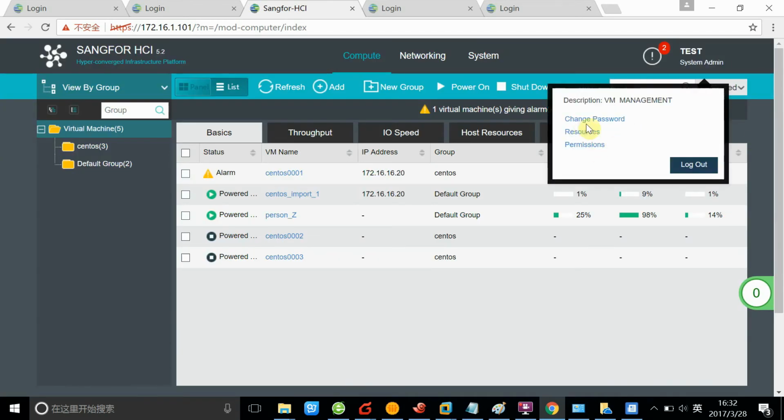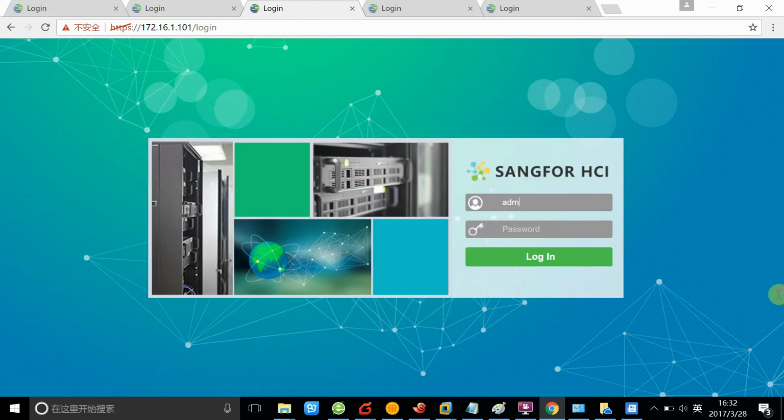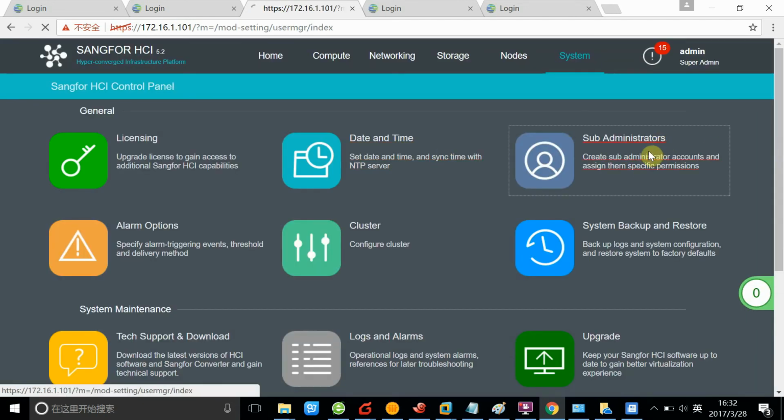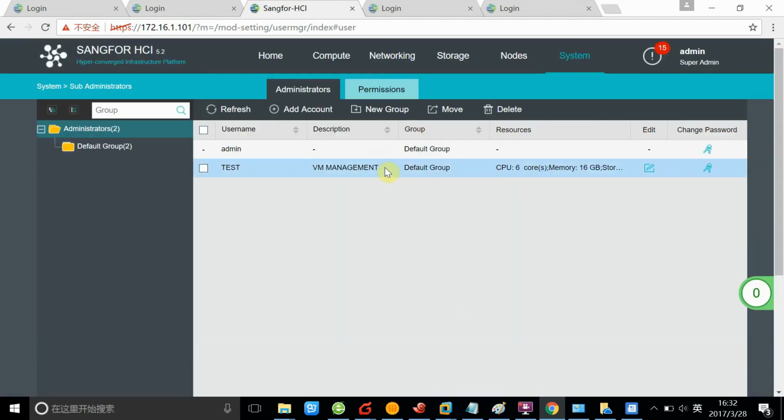If you want to assign the permissions of creating VMs to this account, you need to go back and access the account of super administrator. Let's go to sub administrators and modify the policy, modify the account of permissions for the task. You can add it right here